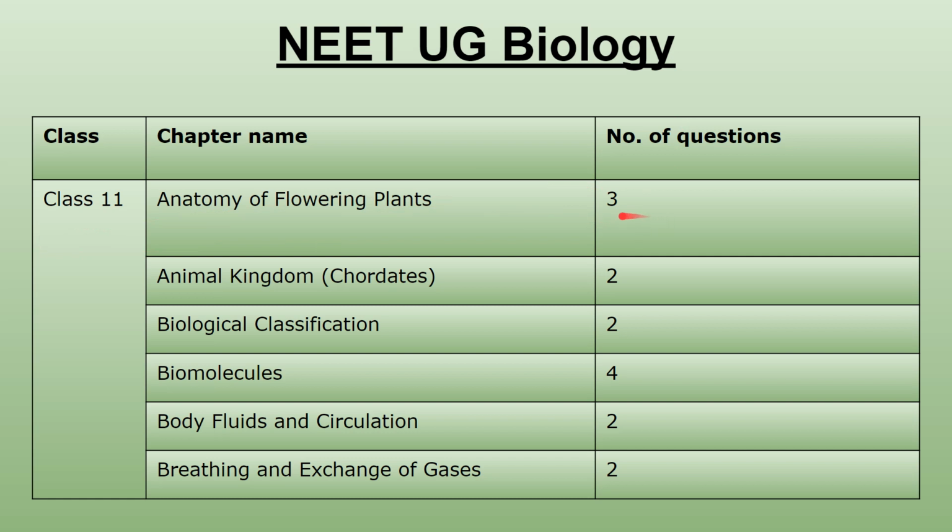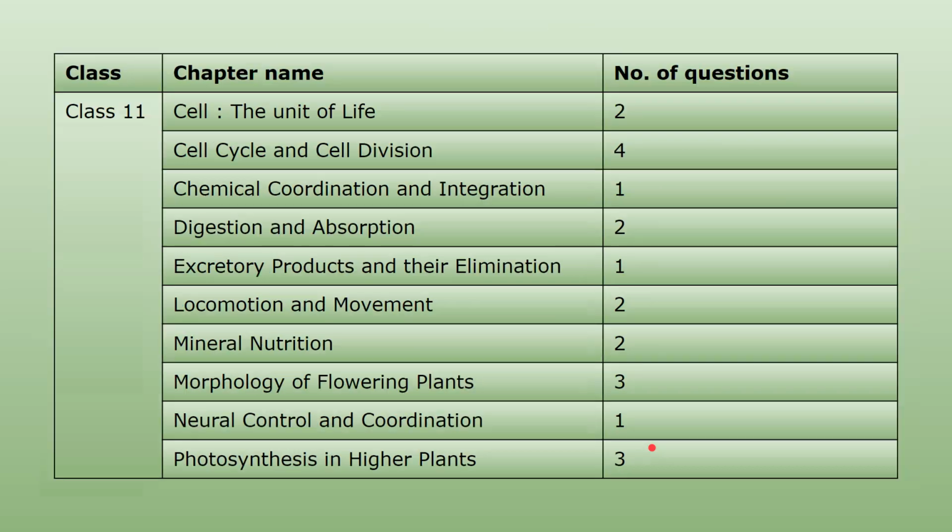There can be three questions from anatomy of flowering plants, two questions from animal kingdom, two questions from biological classification, four questions from biomolecules, two questions from body fluids and circulation, two questions from breathing and exchange of gases, two questions from cell, four questions from cell cycle and cell division, one question from coordination and integration, two questions from digestion and absorption, one question from excretory products and their elimination, two questions from locomotion and movement, two questions